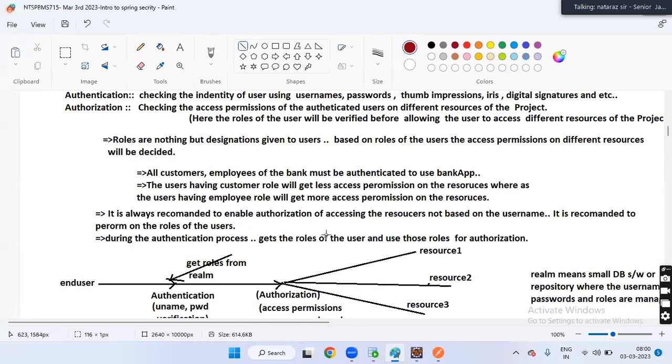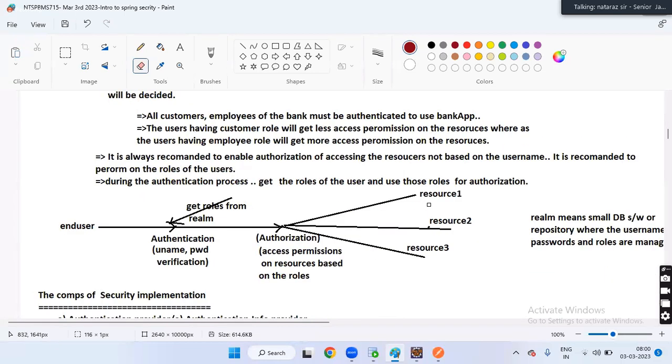So that's what I'm trying to say. Don't give access permission on the username. Always give access permission on the role carried by the user. During the authentication process, get the roles of the user, and use those roles for authorization.